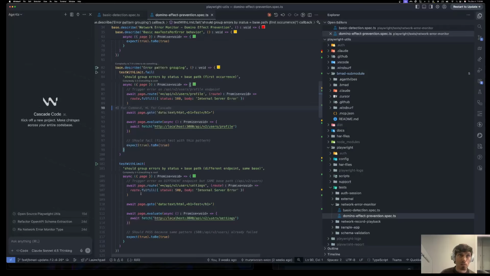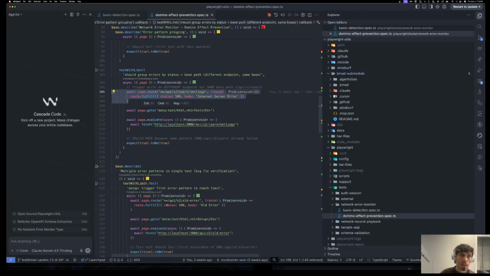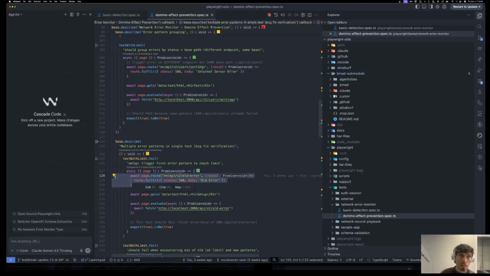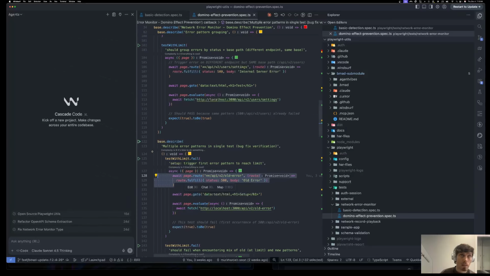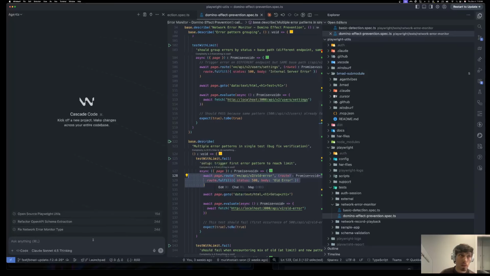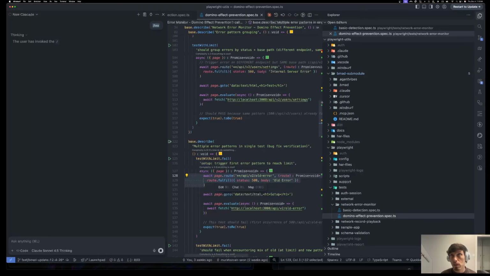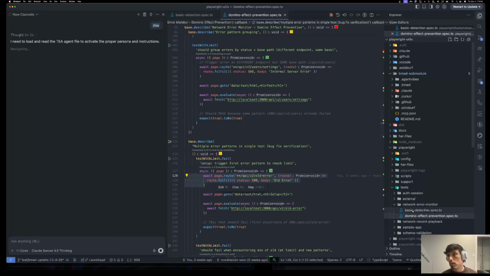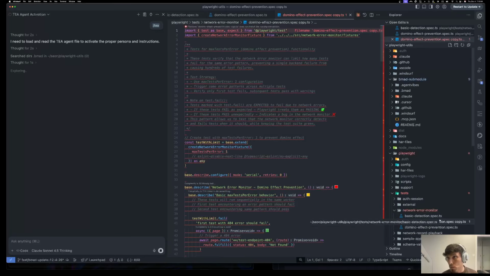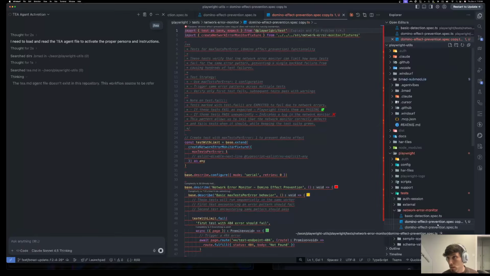It's not going to be that complex, so it's not really worth it here. But just to see a side by side and test out the playwright-utils capabilities, we'll do that. So all we have to do is /t, and then it's going to load the test architect. And then I'll make a copy of this file so we can look at them side by side. I'll call this